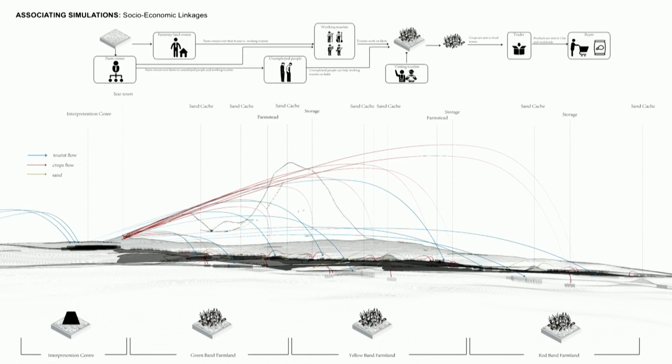And then when we work it up to the larger scale of the whole sandscape, we can see how the sand, the produce, and the labor come back into this whole socioeconomic and landscape linkage, this relationship, which works on the larger scale of the whole, what we call the agroproductive sandscape. And these little mechanisms of the sand moving from one place to another also go into this diagram of flow of the people as well as the sand as a resource.